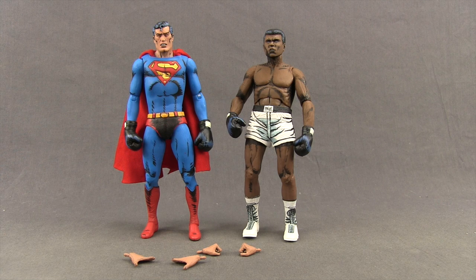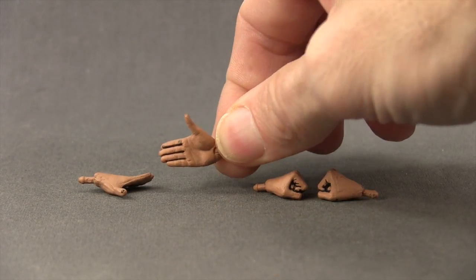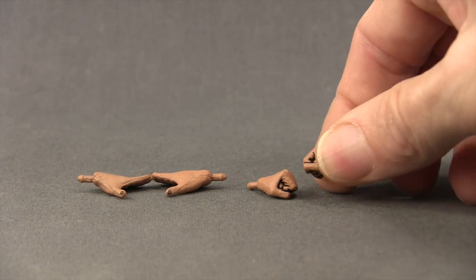Okay, so here's a look at the figures outside the packaging, along with the other contents. Now, the only accessories that you get with this set are 2 extra pairs of hands for Superman. Both figures come with boxing glove fists that are attached when you take them out of the packaging, and then Superman has 2 extra pairs of non-boxing glove hands. You get a pair of open hands for flight poses for Superman, and then you get a pair of closed-fisted